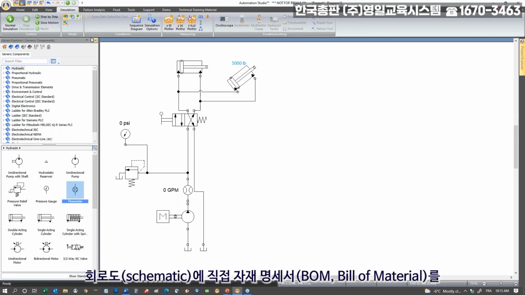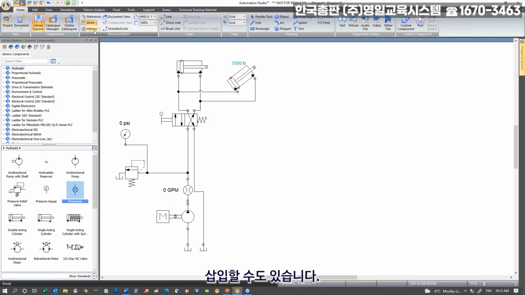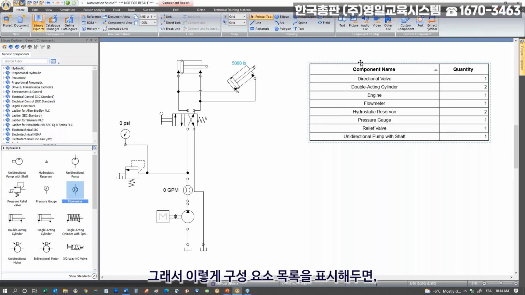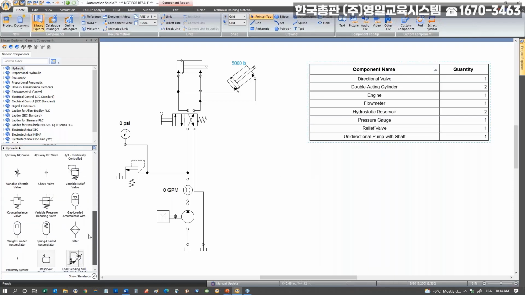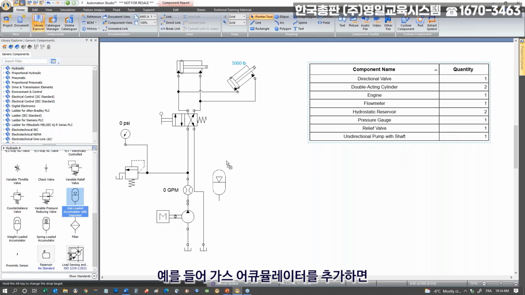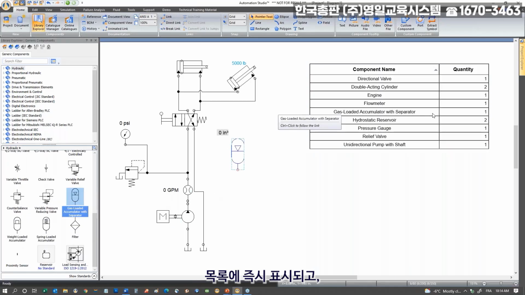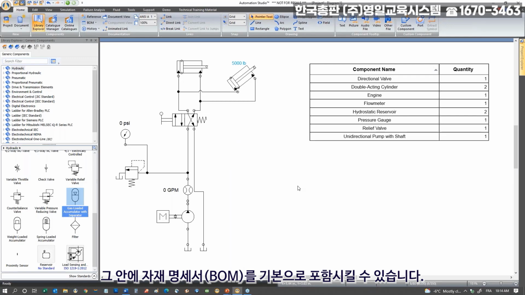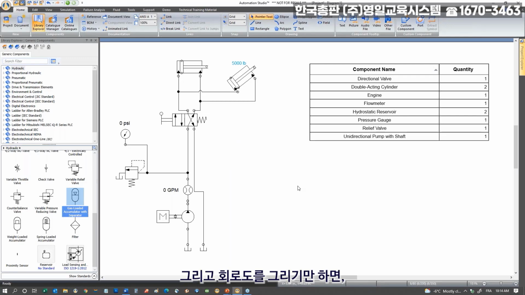We can also directly on the schematic insert a bill of material. A lot of the time, students may not know exactly what the component names are, so you can display something like this, which will automatically update as you make modification to your schematic. For example, if I take a gas-loaded accumulator, you see it automatically added to the list, and if I erase it, it goes away. So you can actually create a template for your school where you're going to have a bill of material already made, and as you draw your schematic, automatically this BOM gets